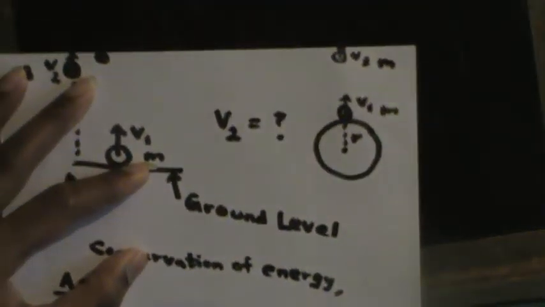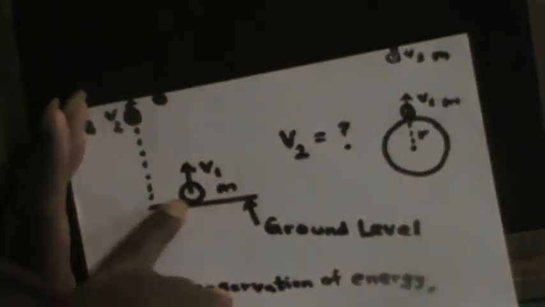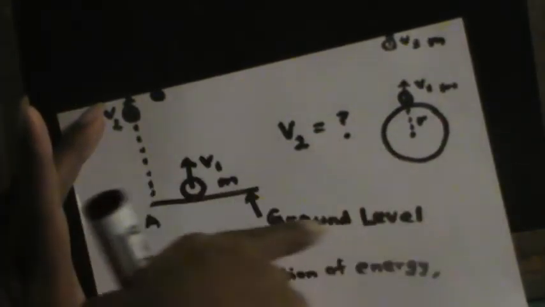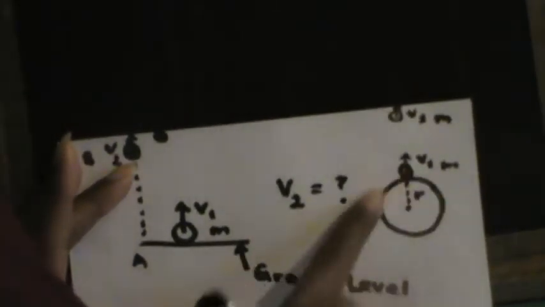Now if the earth is like this, and the radius of the earth is like this, and the object is like this, and we are projecting with velocity v1 and its mass is m, and it goes to this point with v2 and its mass remains the same. So this is the scenario I'm talking about, although I draw it like a flat surface, a linear surface, actually we are denoting the ground level over the earth's surface.